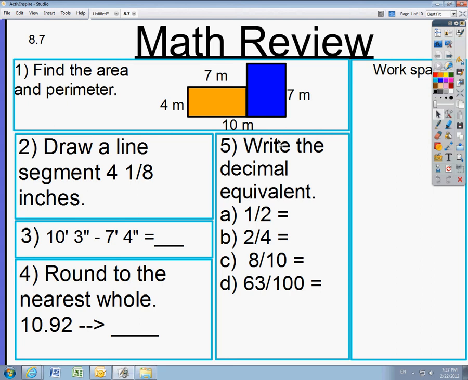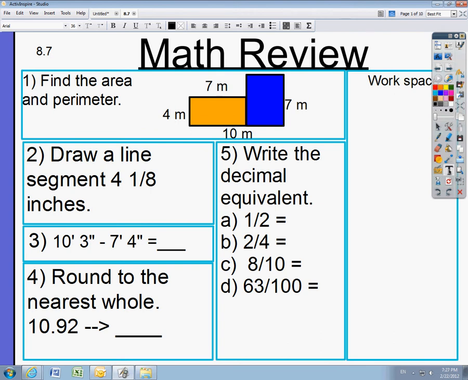So if I wanted to make a new lesson, my kids are really struggling with area and perimeter. So I already have the shapes and everything drawn. I'm just going to come in, select my text tool, change some numbers. You can time me, see how long this takes. And we'll leave that one the same. Draw a line segment 4 and, alright, let's change 4 to 5 and